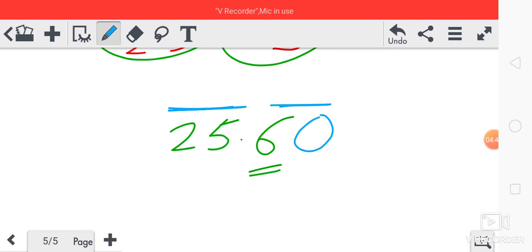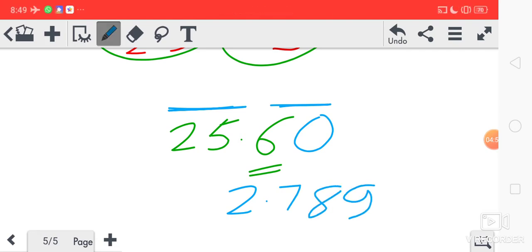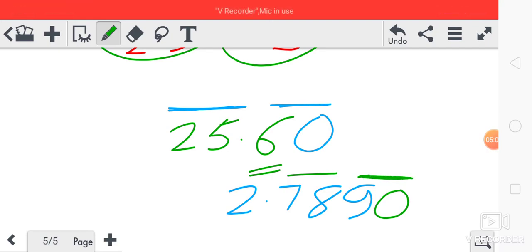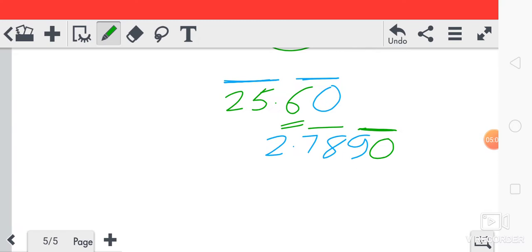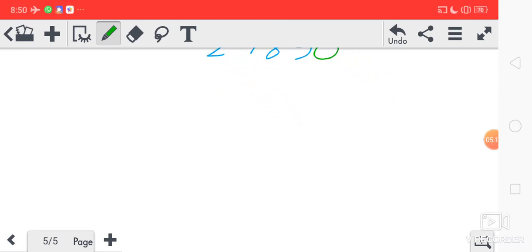Okay, suppose there is only 2.789. Now what we have to do is take pairs of 2, isn't it? But here only one digit is there, so we take one more 0 here and make it 2 digits. Okay, now division all of you know, and finding the square root by the division method all of you have come to know.